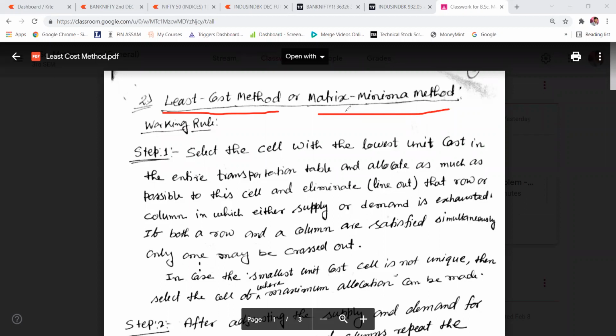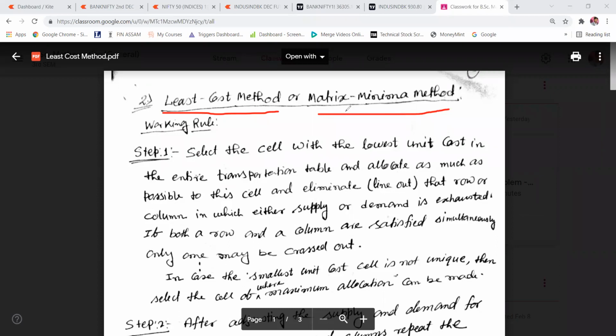Once the allocation is made, you check if demand is exhausted, then you strike out that column, and if supply is exhausted, then you strike out that row. Is that clear? So after making the first allocation and striking out the column or row, depending on whether supply or demand is exhausted, then you move to the second step.